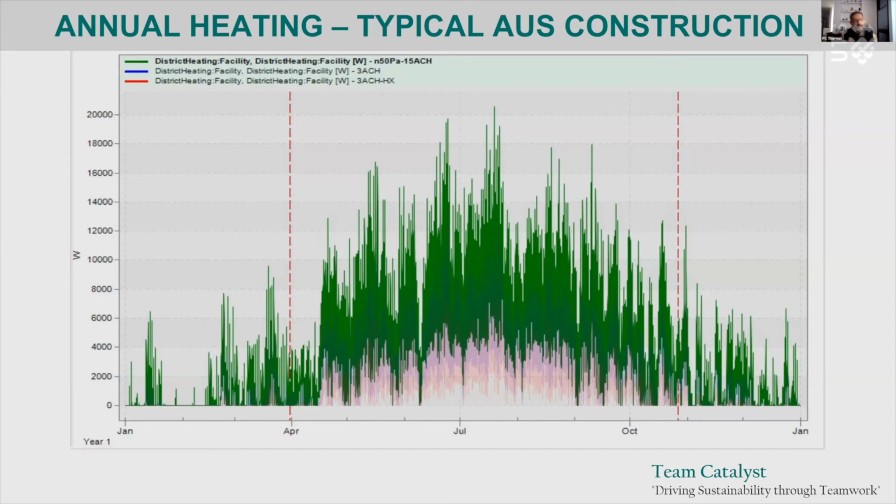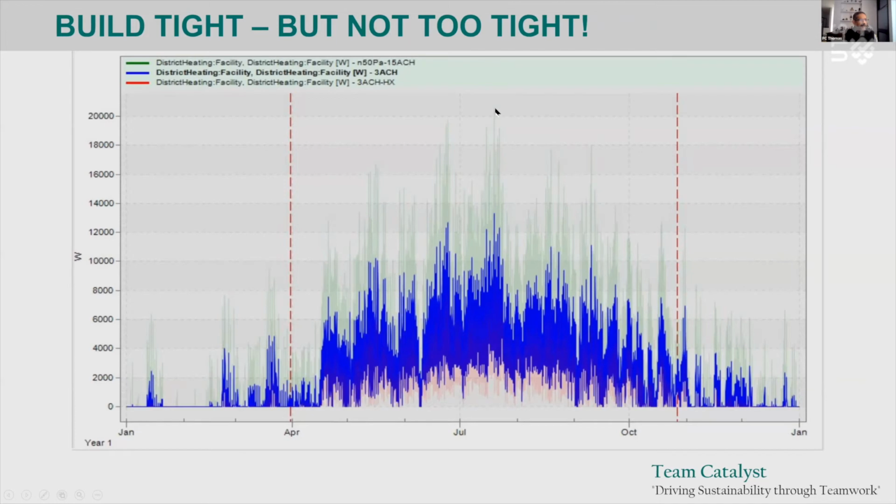We did runs at 15, 10, 5, 3, etc. And we said, okay, if you can get the house from this 15 air changes to 3 air changes by employing strategies to tighten up the building, where do we go from there? And so you can see here, we predicted that you were using about 20 kilowatts of heating at the typical 15 air changes per hour leakage. By the time we got it down to about 3 air changes per hour, now you've got to do things to the design to make it tight.